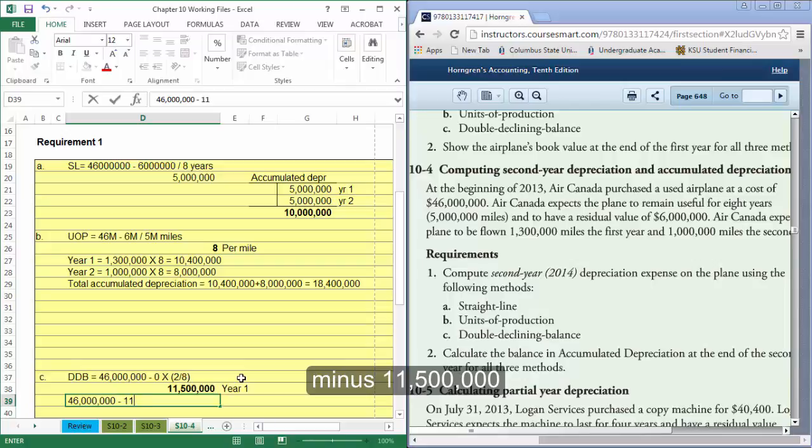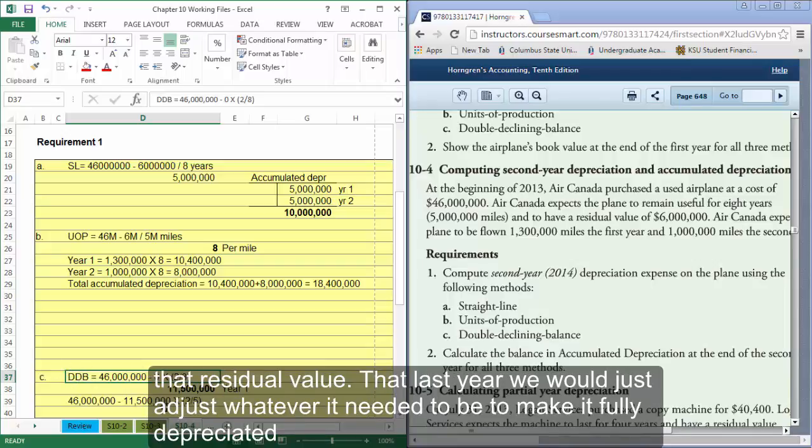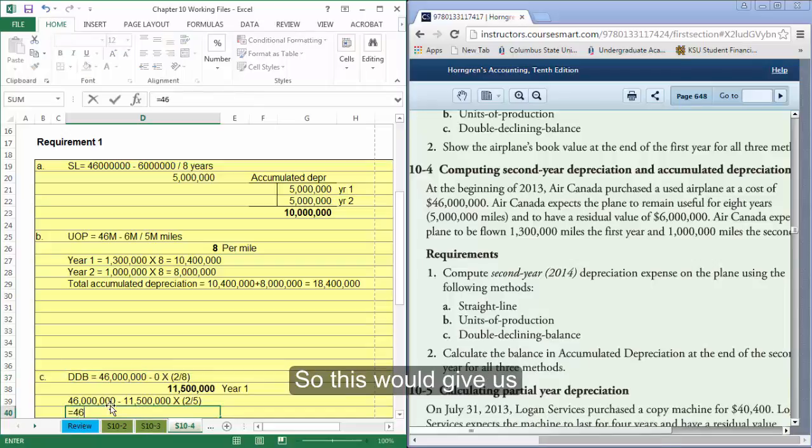minus 11,500,000 times 2 over 5. Okay, now even though in double declining we're not subtracting out residual value, remember we're not going to depreciate these assets when we're using this method past that residual value. Okay, that last year we would just adjust whatever it needed to be to make it fully depreciated. Okay, so this would give us